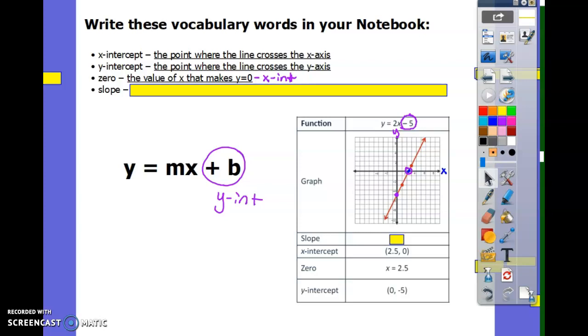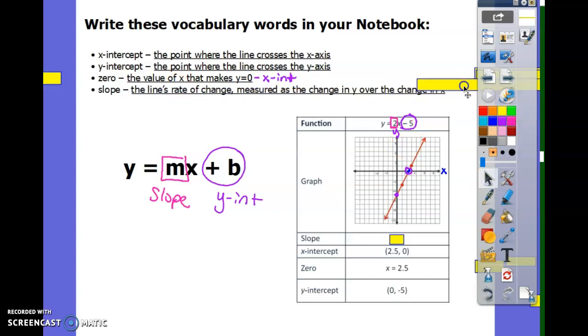Okay, and the last one is the slope. And before I uncover what the definition of it is, just know that this number in front of the x is your slope. Okay? That number is your slope, and it's right here in my equation, so you don't have to go find it in the graph. You don't have to go find it if they give it to you in the equation. Okay? But the vocabulary, the definition for slope is,